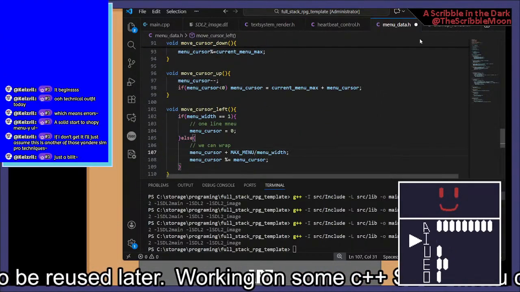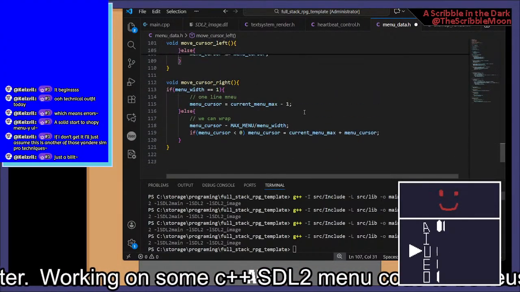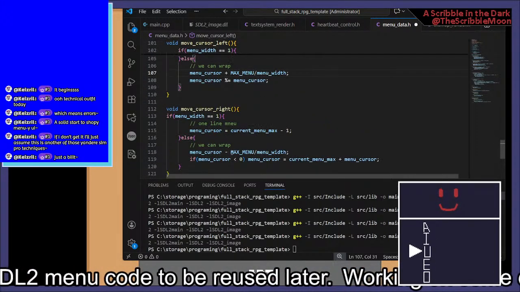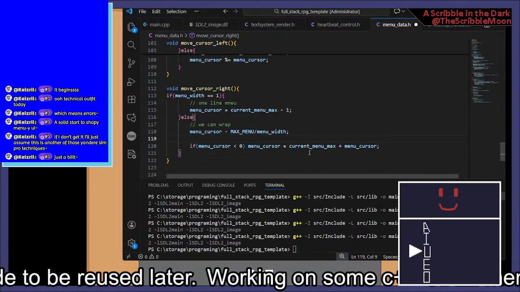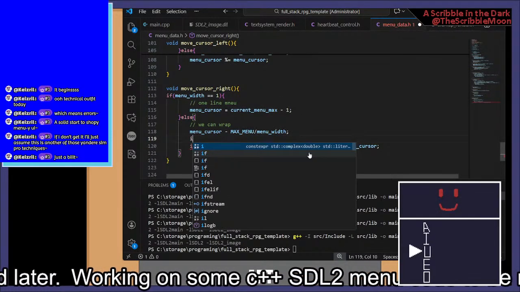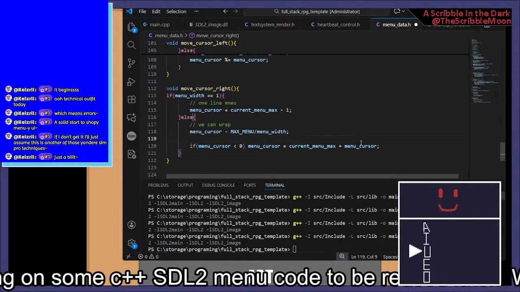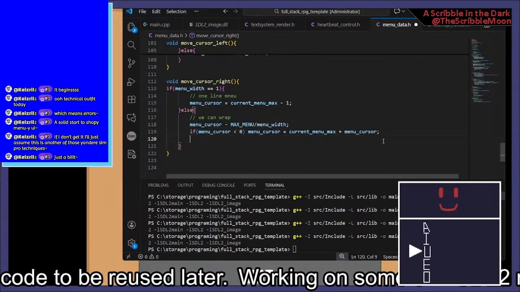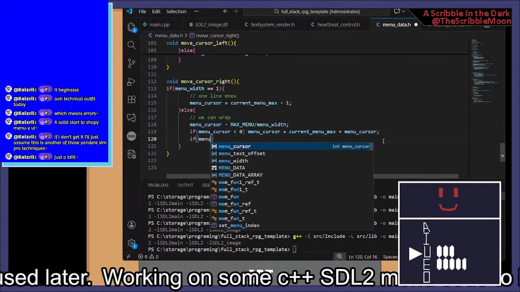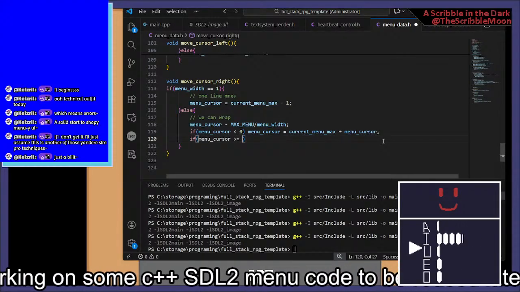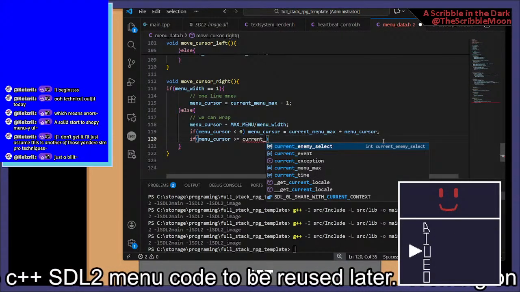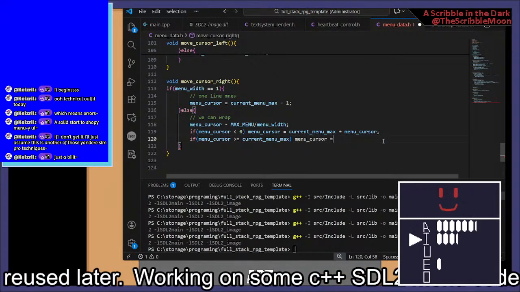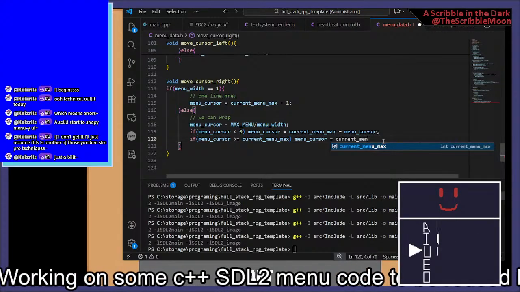The arrows would not work, or the selector wouldn't work between them, but I shouldn't render the selector anyways when I'm doing a menu on top of it, but... Menu cursor greater or equal than to current menu max. Menu cursor equals current